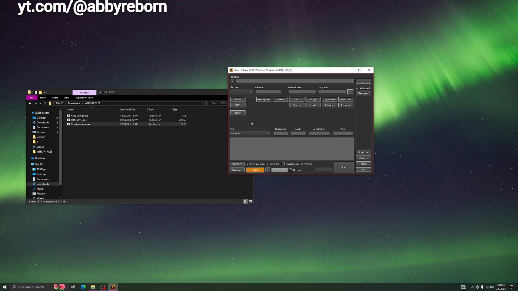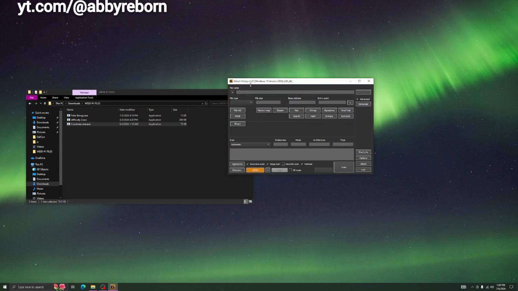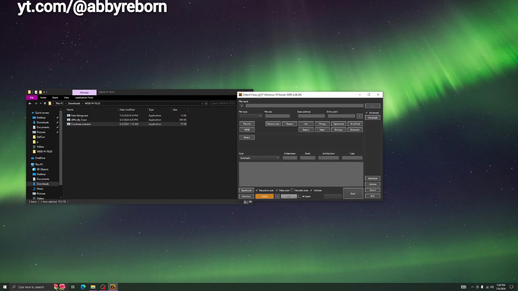So, DetectItEasy, what is this? It basically just gives us basic file information without opening the file. So, for example, if I was like, oh, I don't know what this file has, and I don't want to run it on my PC to see, so let's just see what DetectItEasy has to say, right? Just drag the exe into here. Make this a habit of always dragging a file into DetectItEasy before you open it,